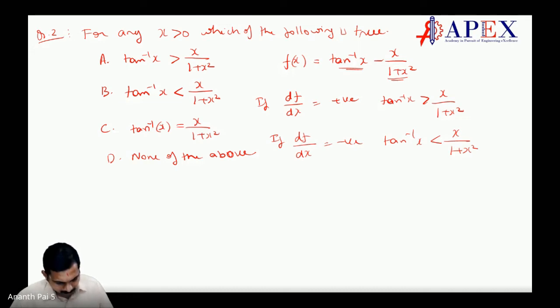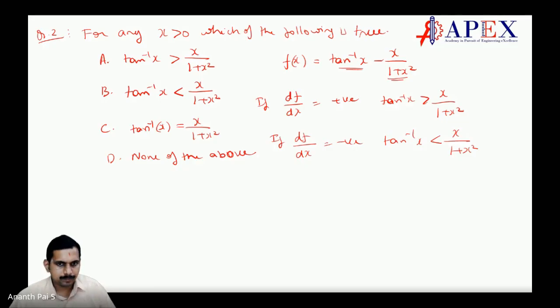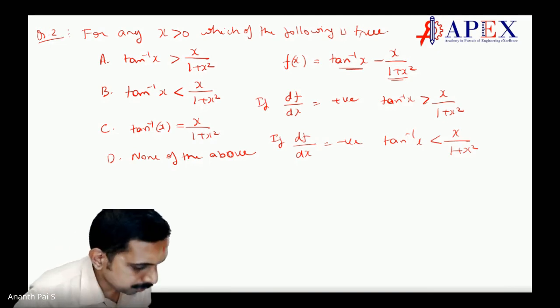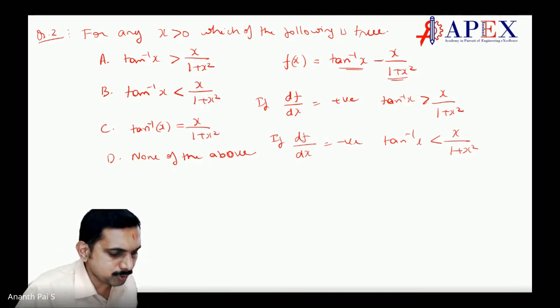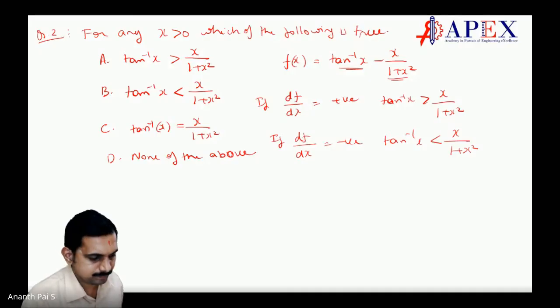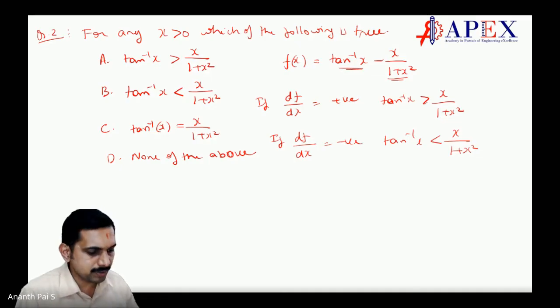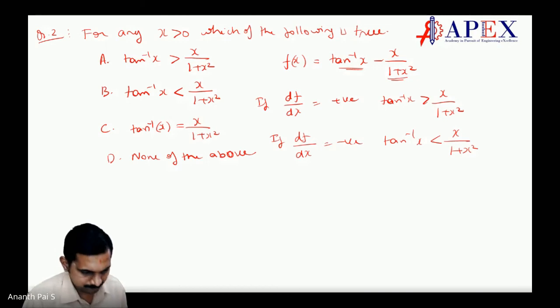There's another good question. Take the last x by 1 plus x square and take df by dx. What do you get? The last expression is 2x square divided by 1 plus x square the whole square. Correct. Yes, sir. So everywhere a square comes, that's why we can say it's positive.